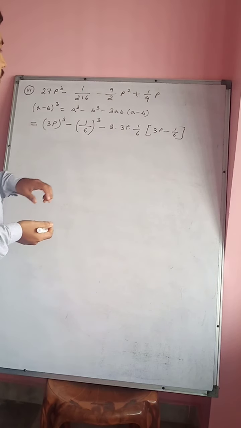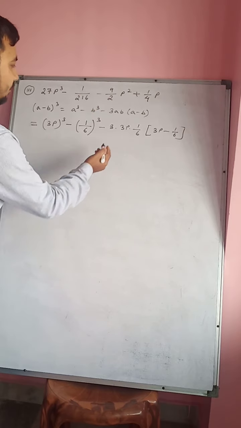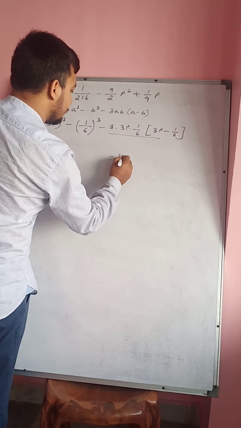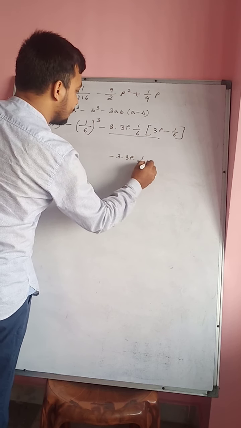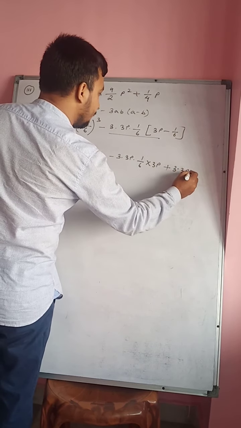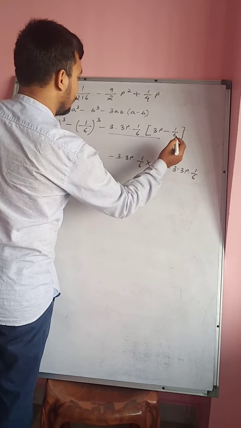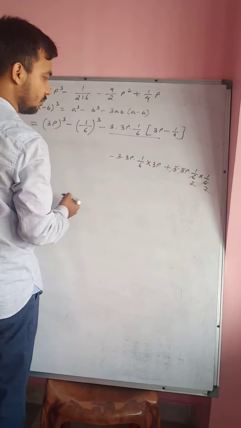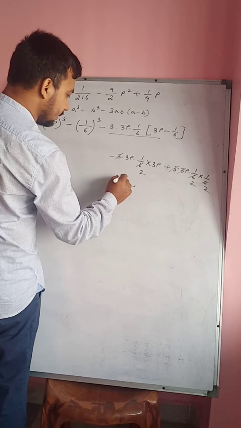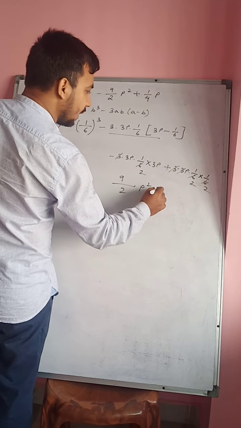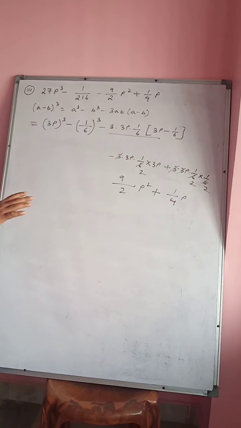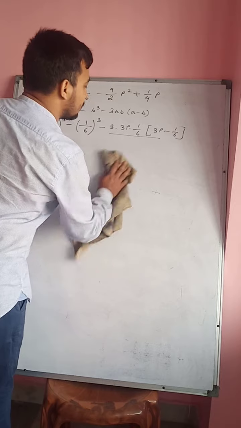Now you may get confused, how we will get 9? Yes, we will get 9 if you cancel this. I will show this part. You see, this 2 when you do like this, it will be minus 3 into 3p into 1 by 6 into 3p, and this will be minus minus plus 3 into 3p into 1 by 6. 3 3s are 9 by 2p square, and this will be 1 by 4p like this. So no need to be confused. It will come. So then what will be the short form of this now?